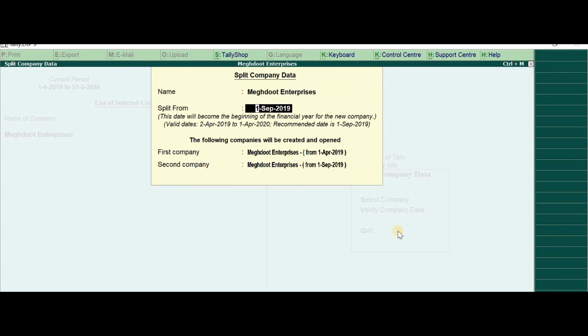Okay, split from. Now sometimes you would want to split 1 year's data into two halves, but we don't want to do that. What we will do, we will split from 1st April 2020. So this is any format. If you want, you can write like this also. First APR space 20, or you can write 1 4 20. Anything. Tally is very intelligent. It will understand automatically. And notice when you enter, this will change. This is 20.